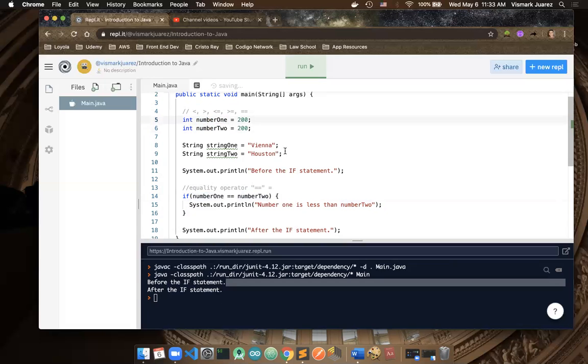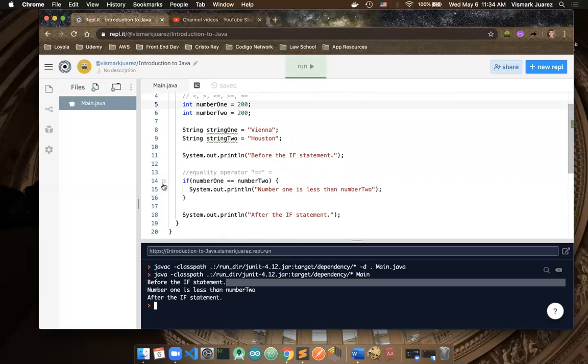So let's do that. Let's change number one from 201 to 200 so it matches the value of number two. So now when our code executes line 14, when we enter the if statement's conditional, number one is checked against number two for comparison. We're looking at the equality of them. We're looking at whether or not they hold the same value. In this case, they do, because number one holds a value of 200, and number two holds a value of